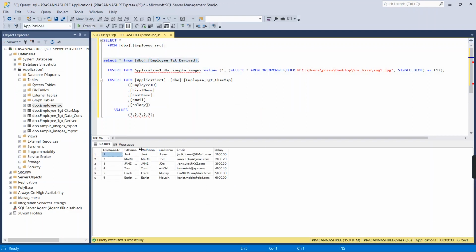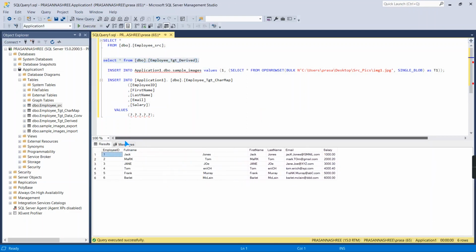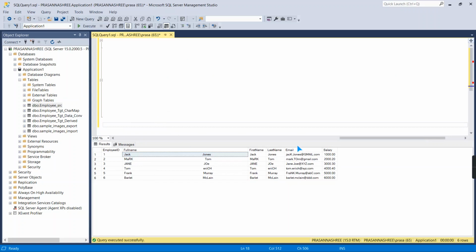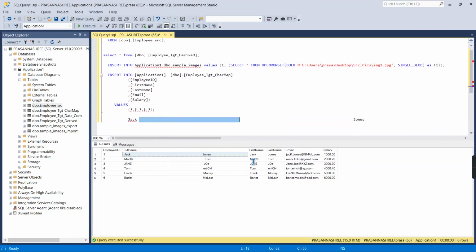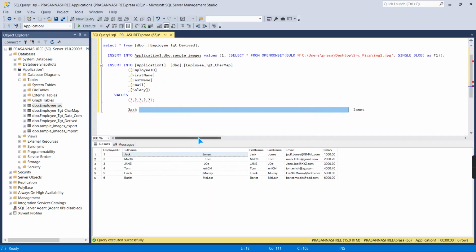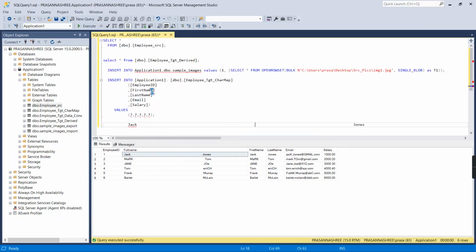So you can see here in this full name, we got too many spaces here. After some space, it got applied. You can see here how much space was there. So this is mainly due to the data type in the source database.